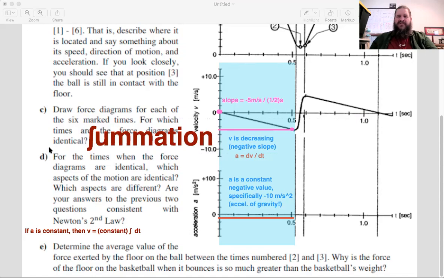The integral sign literally just means you are adding a bunch of little pieces together. So this integral sign means the summation of, and then dt means a tiny piece of time. If you have a bunch of tiny bits of time and you add them together, what do you get? If you take this tiny bit of time plus this tiny bit of time plus this tiny bit of time plus this tiny bit of time plus this tiny bit of time, add together all the tiny bits of time, and that adds up to